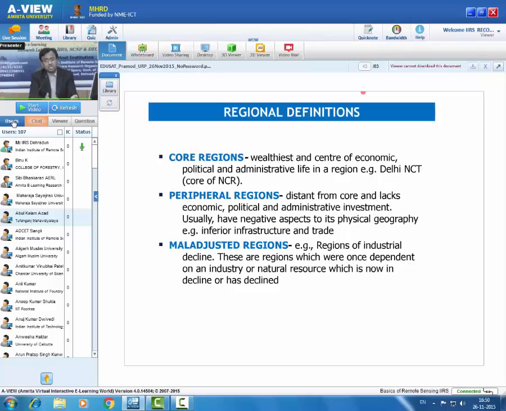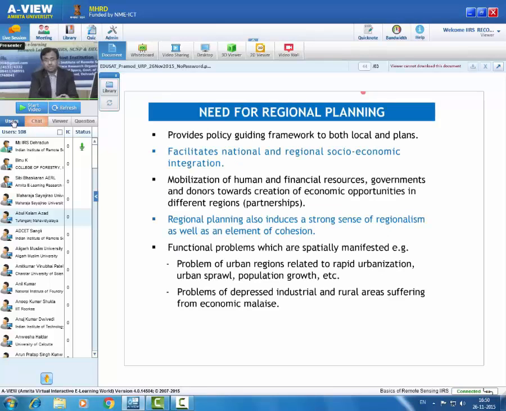And within the region, we have one more characteristic that is called the maladjacent region, which is dependent on, for example, some industry. Suppose the industry has gone out of operation, now the revenue or the economic resources are in crunch, so there will be some decline. Now, regional planning has some relevance, because when you talk about the urban,